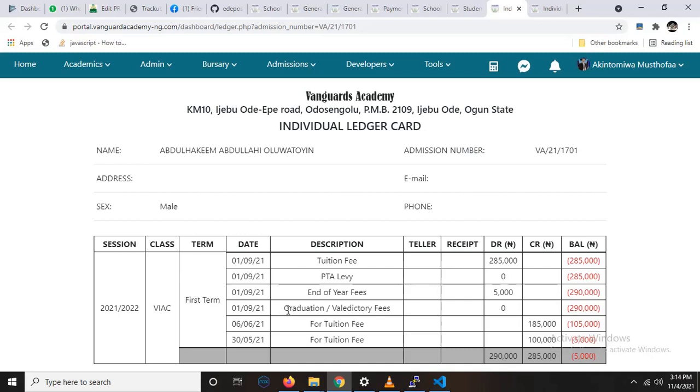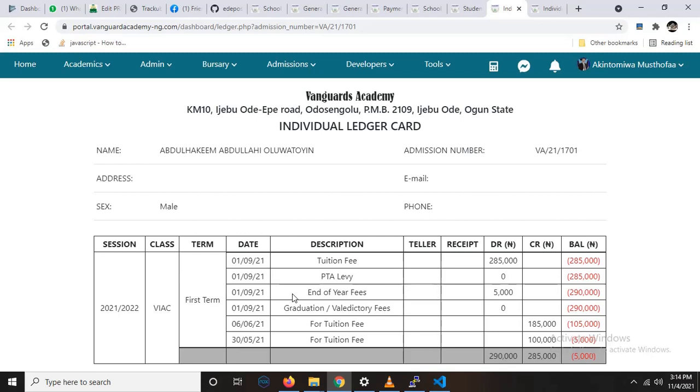So while you are generating the school bill, you're also generating a ledger that's going to be used by the portal to show information about the credit and the debit